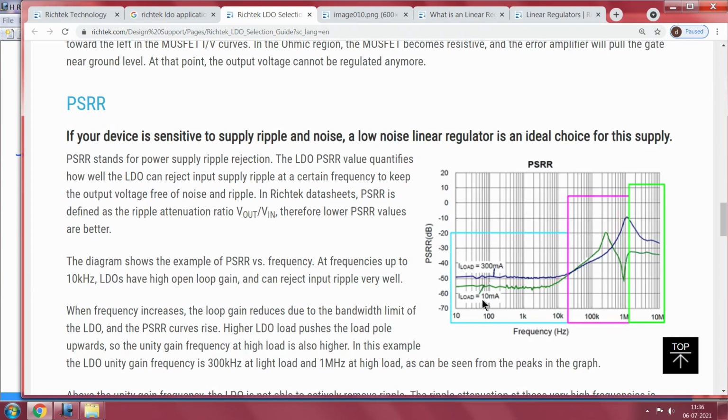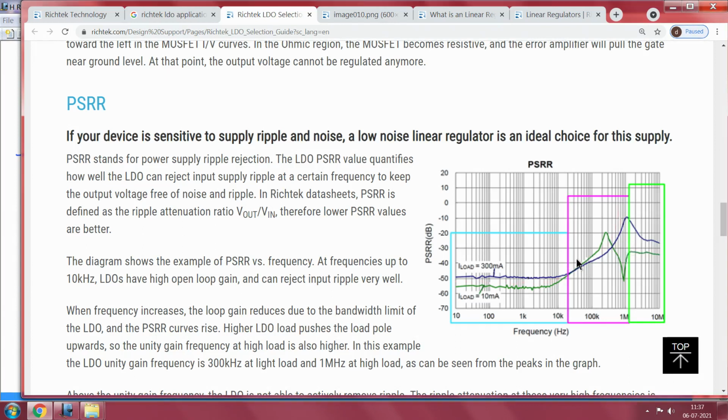One is the maximum load current and the other is the frequency at which it operates. These two points have to be noted. You can see straight away the difference between the load currents, the drop in PSRR due to load current. Frequency is low here but load current is high. And as you move to the other side, this difference continues to be maintained up to a certain point, and after that there is a crossover and it gets a little more unpredictable.